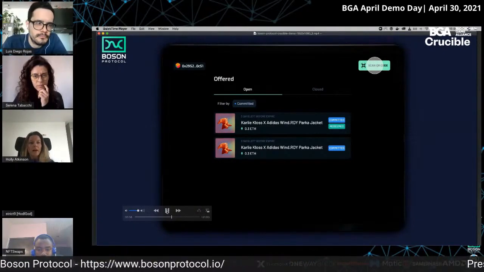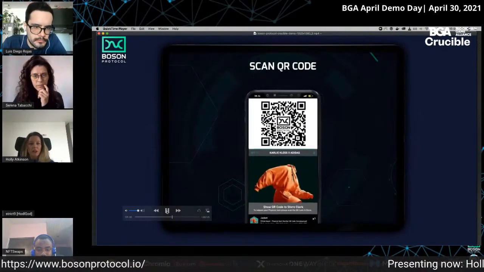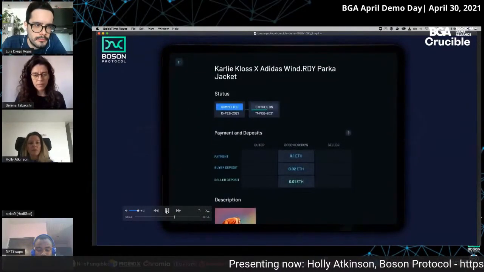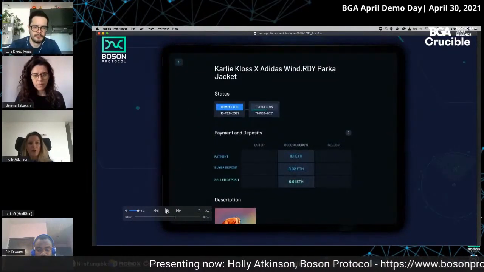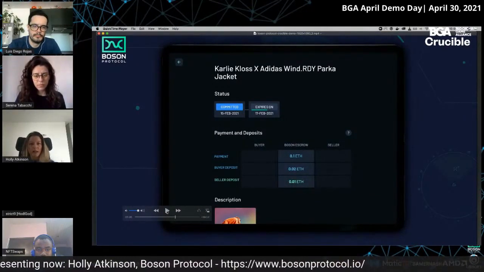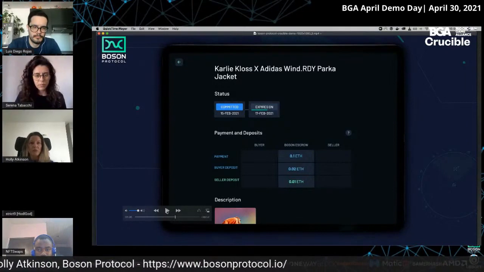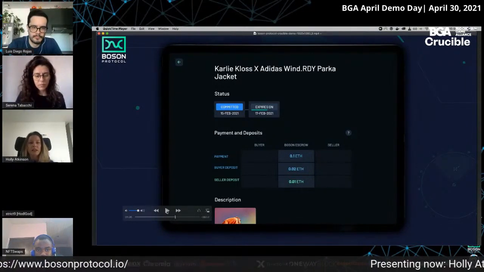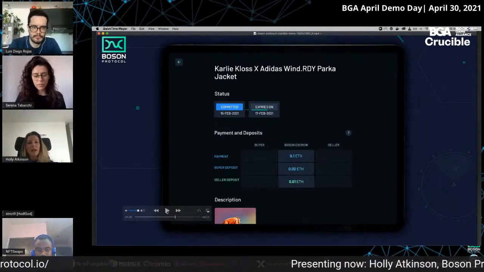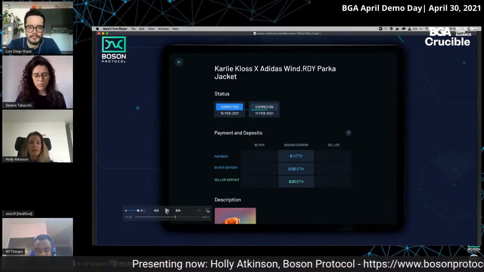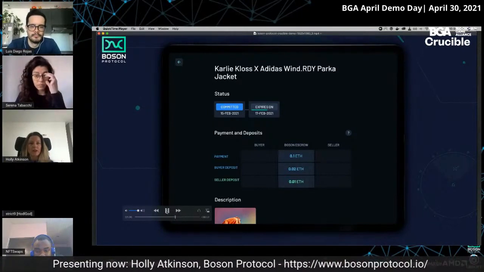And now the seller scans the buyer's QR code with their tablet, and this brings up the item-specific details for them, where they're able to see that, yes, indeed, this particular player has purchased or committed to this item, this jacket, and you can see the payment amount and deposits from the player and the seller, which are held in the Boson escrow in the center there.